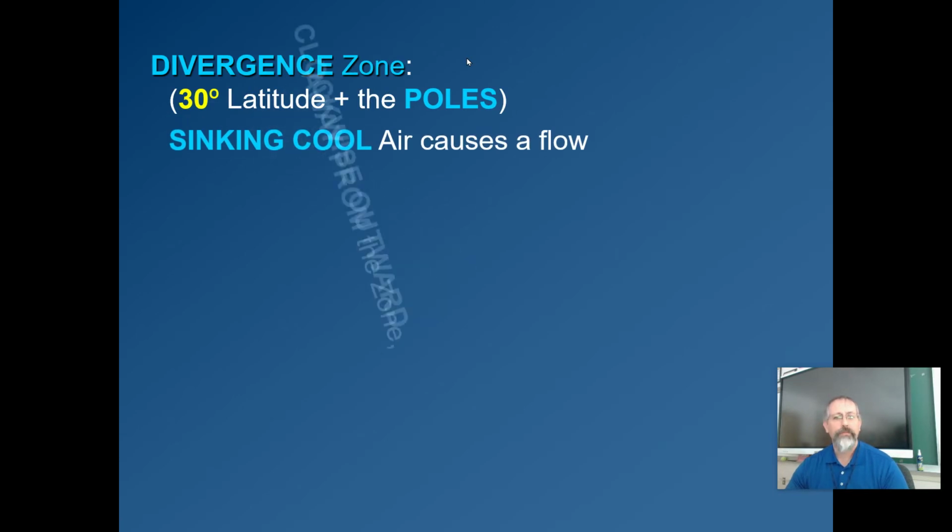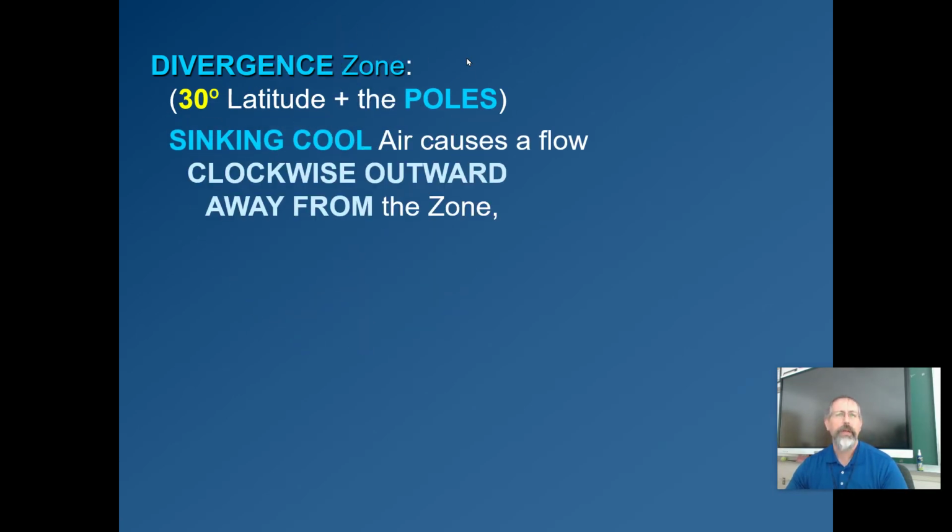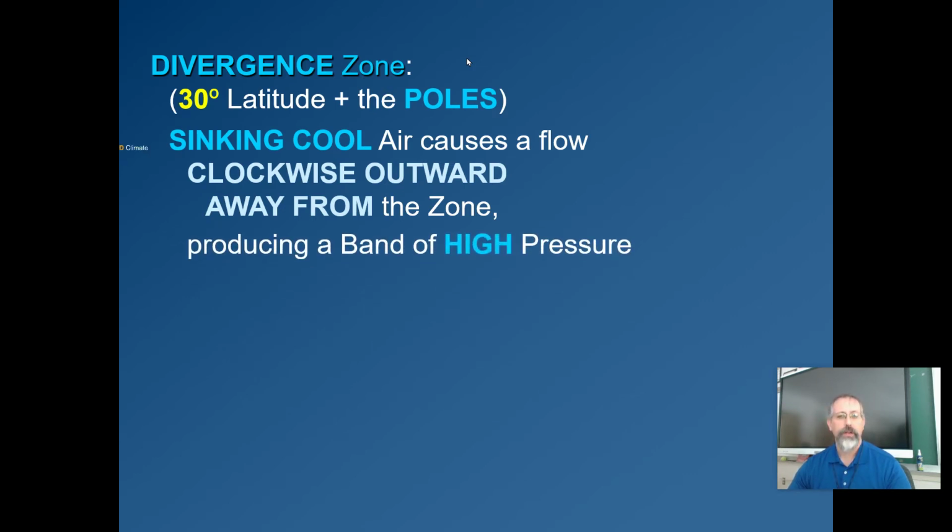You have sinking cool air that creates high pressure, and you end up with the circulation that is appropriate for high pressure. So it's going to, in the northern hemisphere, be clockwise and outward away from that zone. Southern hemisphere rotation is opposite, but again, we focus on the northern hemisphere. So we have a high pressure zone there. Now high pressure is nice weather, but it tends to be dry. So if you have high pressure, you're probably not going to have clouds and rain much. So these areas are cooler than you might have expected otherwise, but that's not their big claim to fame.